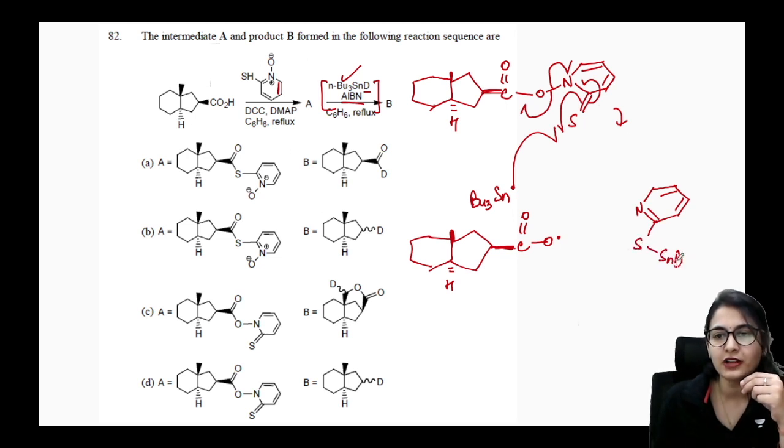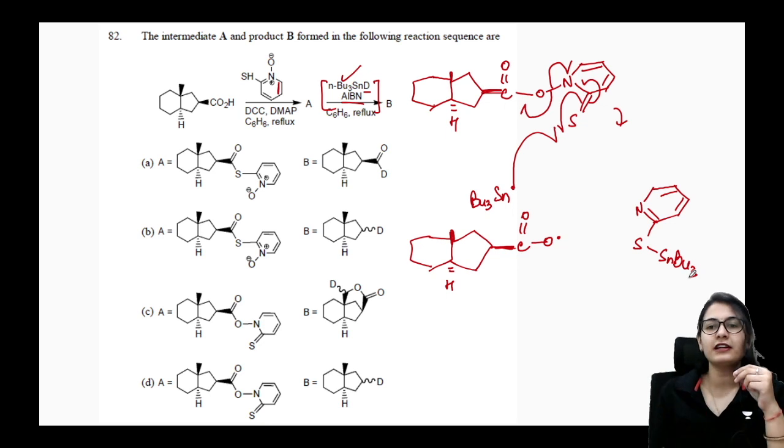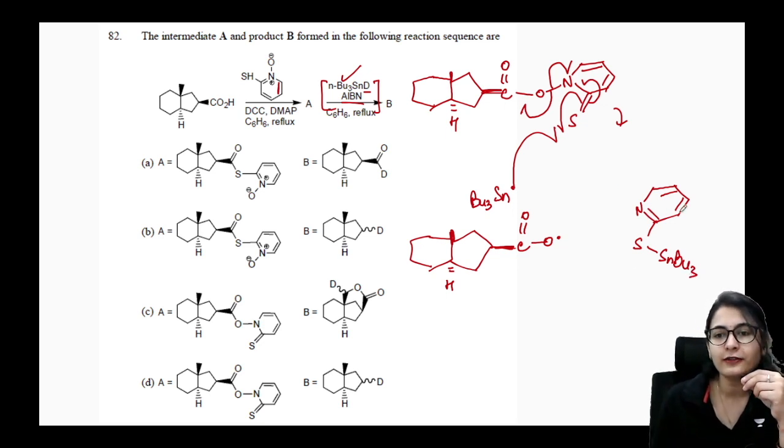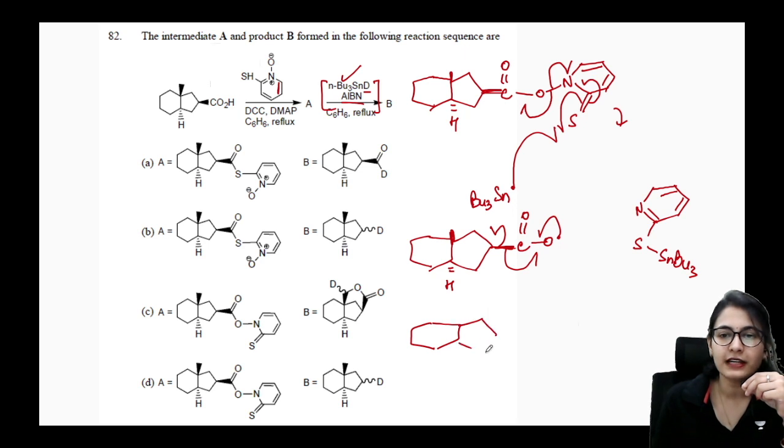So this is a soft interaction. That is why the sulfur and tin bond is formed more easily. Yes, and that would not have happened with the oxygen, right? So now this carboxylate radical can break down to eliminate CO2, and that can give you this kind of radical,